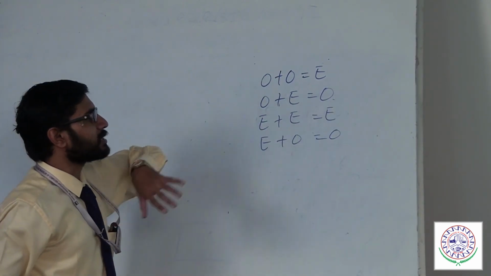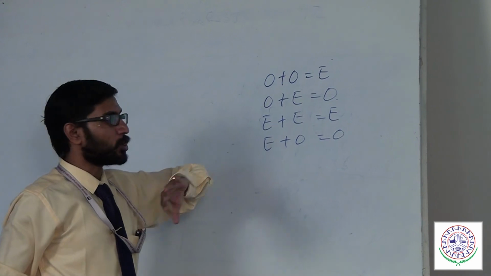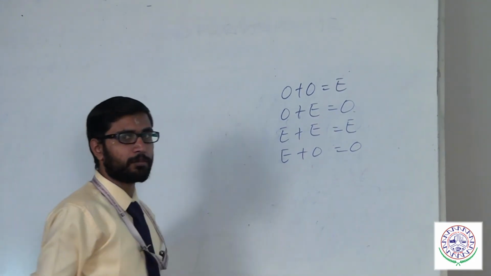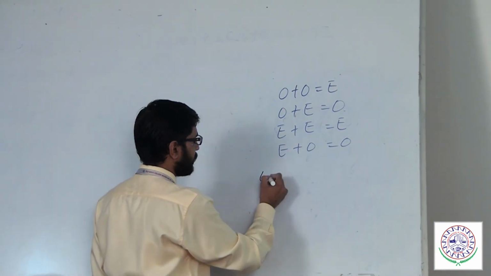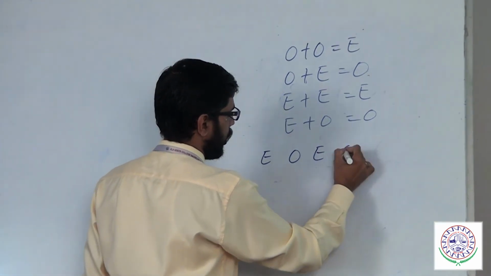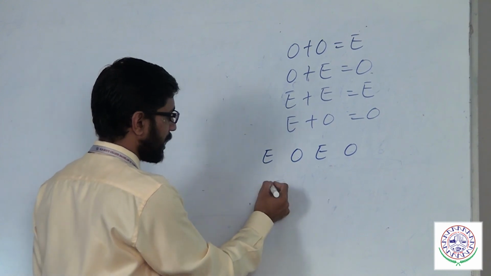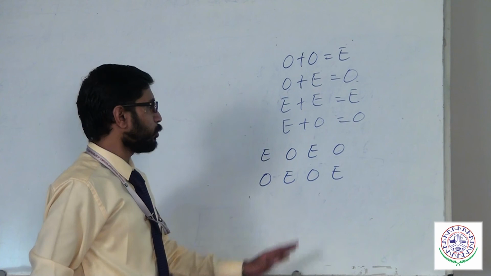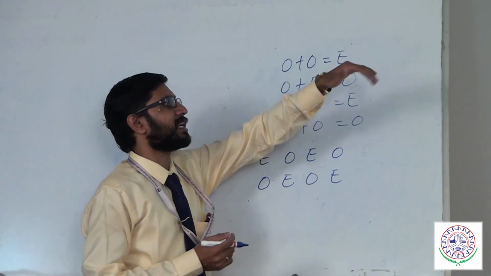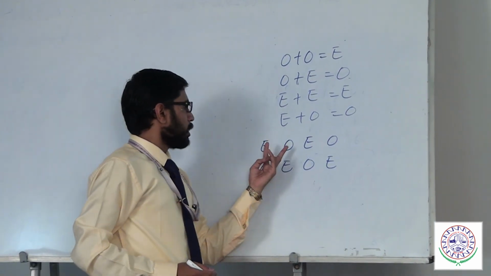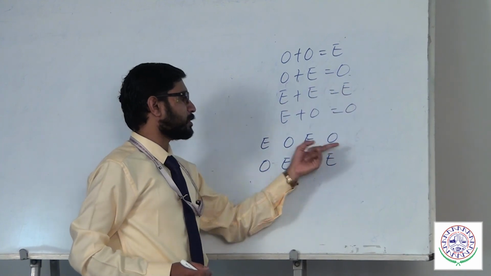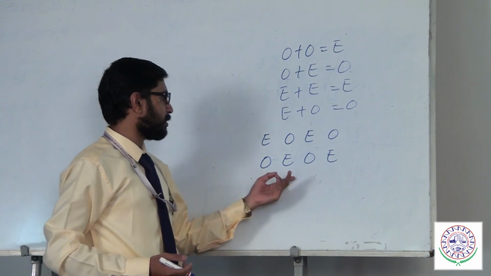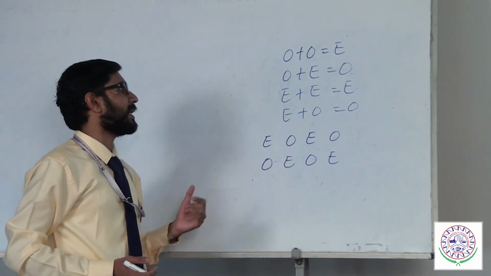So what they have asked is the sum of any 4 consecutive numbers. When you take 4 consecutive numbers, whether you start with an even number or an odd number, for example even, odd, or if you start with an odd number, odd, even. If you know this basic concept clearly, you can straight away answer this question, because even plus even is even and odd plus odd is even, or odd plus odd is even and even plus even is also even. So you can easily get the answer.